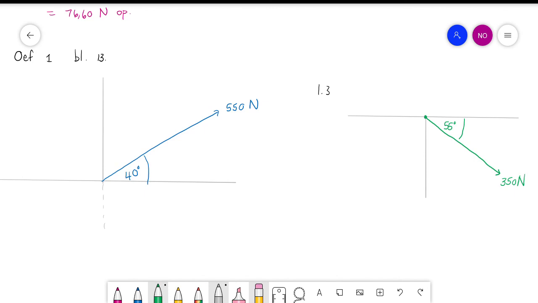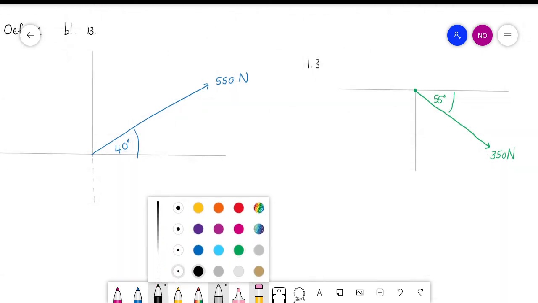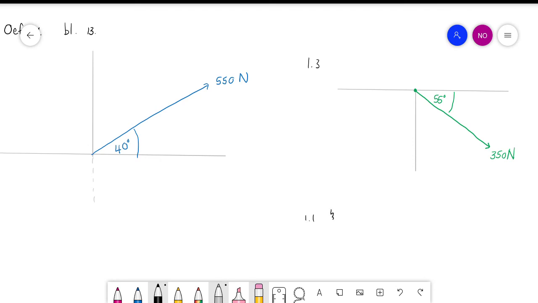Okay. Are you guys fine with that? I want you to do number 1.1 and 1.3. And then also, as a bonus,